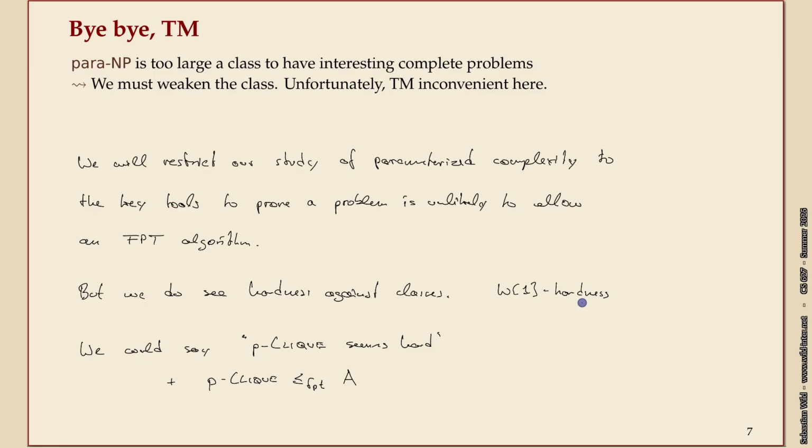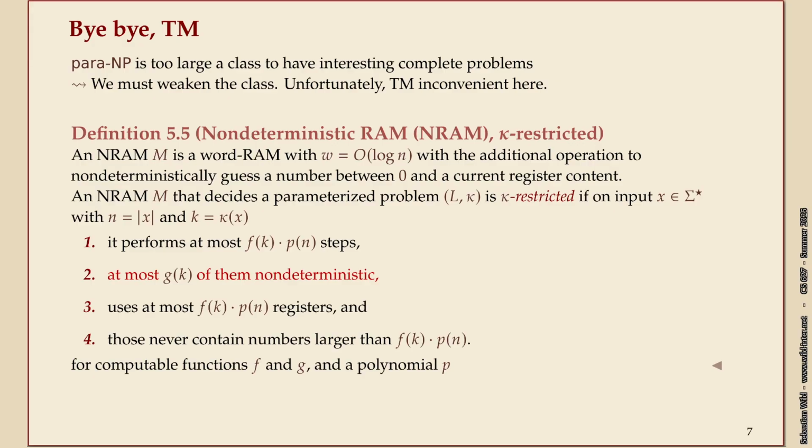Okay, that's for the setup. So if we're not looking at Turing machines, what else is there? Well, many things, but actually we see an old friend again. For some of you, it's the random access machine. So if you want, we can say it's the word RAM. Now there's an important additional letter here, the NRAM, which stands for non-deterministic, right? So it's a word RAM, which just means